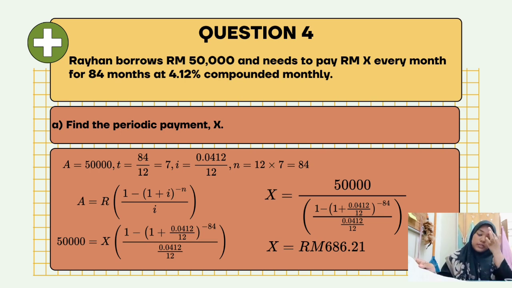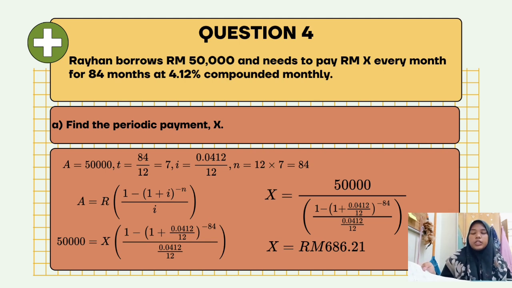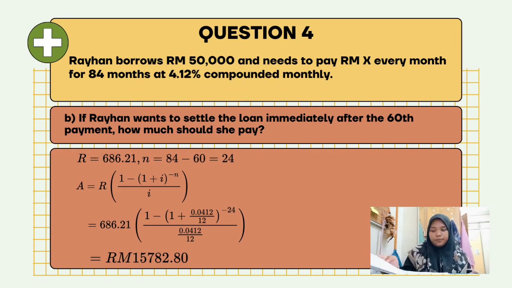Then we just fill the given information into the formula, and we get the answer for A, which is 686 ringgit and 21 cents. For B, we use that answer, then fill in the other information into the formula, and we get